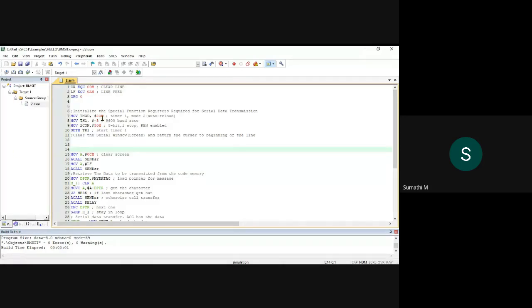Since it is serial communication, I require the SCON register. Since I'm calling the delay using the timer, I have to start the timer, with the basic settings, TMOD, TCON, all those things. That part I am doing here: TMOD, TH1, SCON, these three lines. And then I have to start my timer. Whichever timer I had selected here, timer 1, that timer I have to start. These four lines clear?